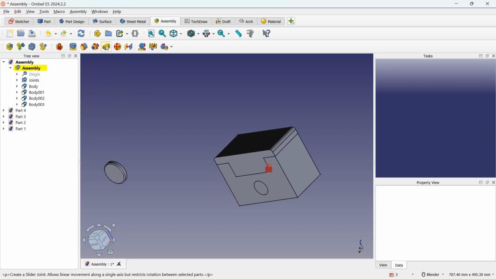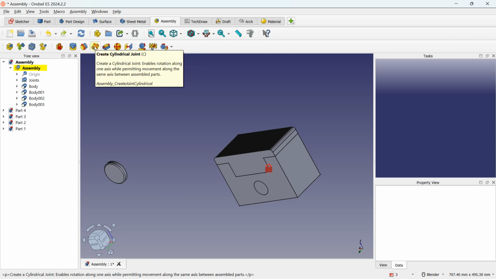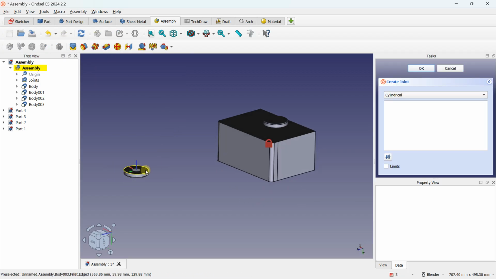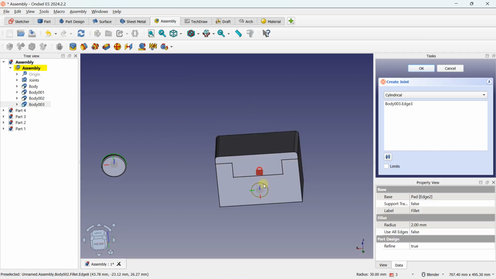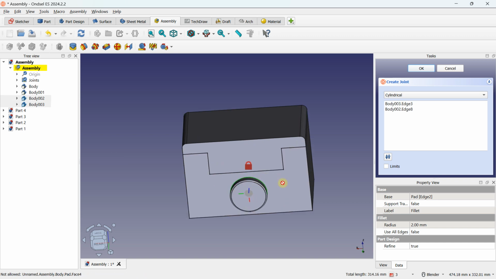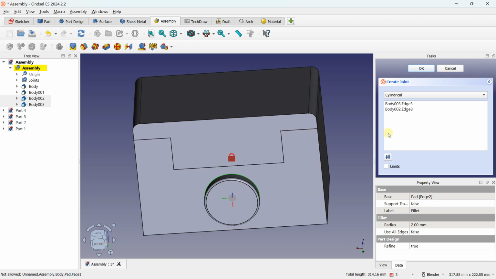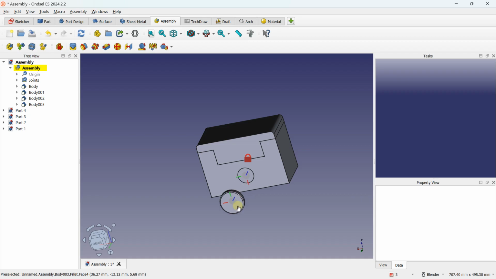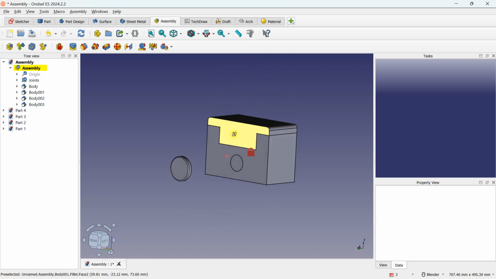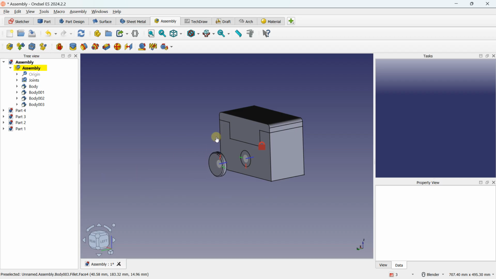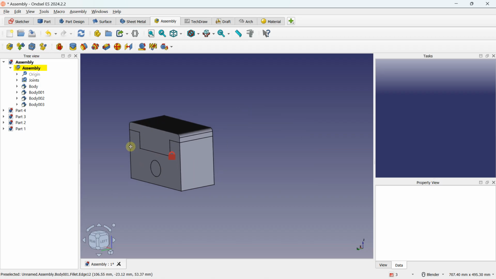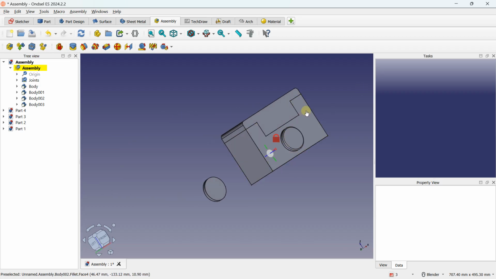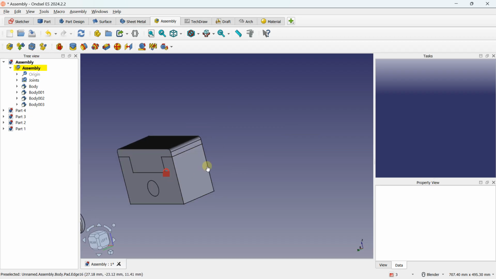If I just come back a little bit, you have also more options. Something that I can use also is, for example, the cylindrical joint. So if I click here, it is in the same way. I can select this part, and I can also select just this part. It's going to work properly. Here we have some limit, but in this type of case, I can just stay like this. At any moment, you can drag and move your element after you have the existing relation. So I can drag and move, but I can drag and move keeping the relation. So this is why here it's like having a constraint. And if I go on this area, I can also drag and move, but here the constraint makes it not possible to move.